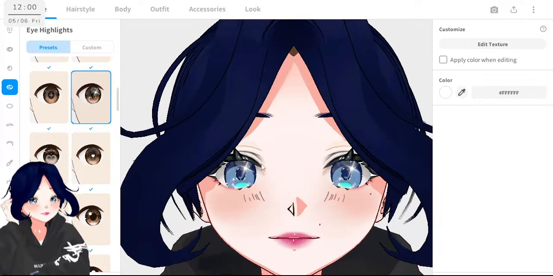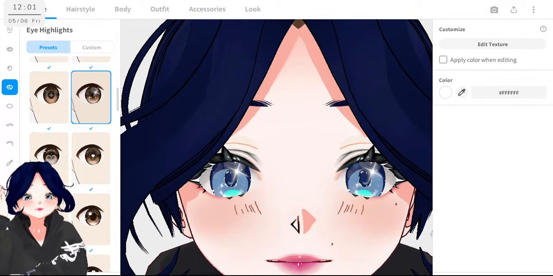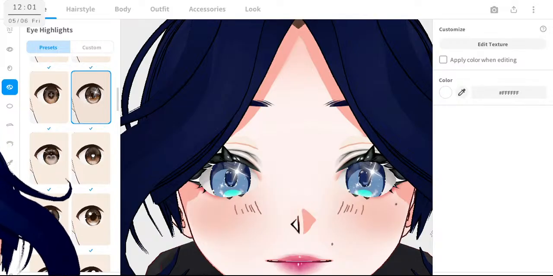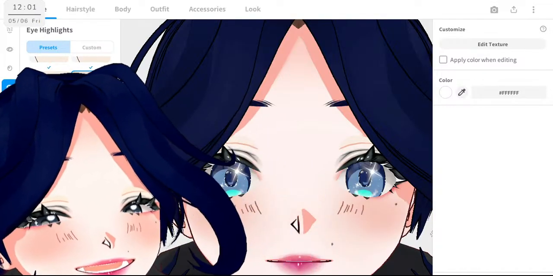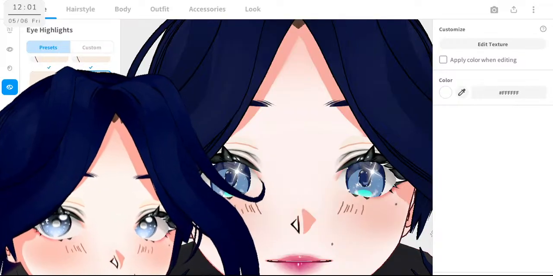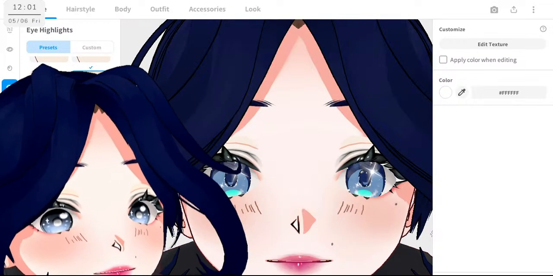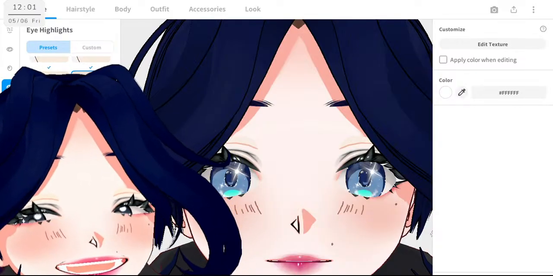I am currently changing the eye colors because if you look at the one on the screen and the one I'm using now, they are a little different. The ones I have right now are a little more icy.